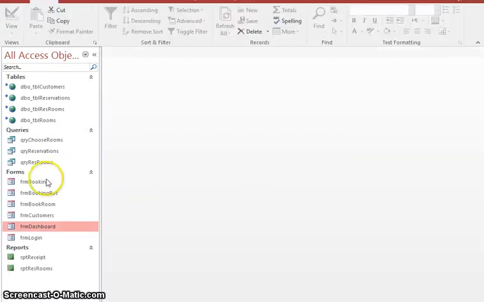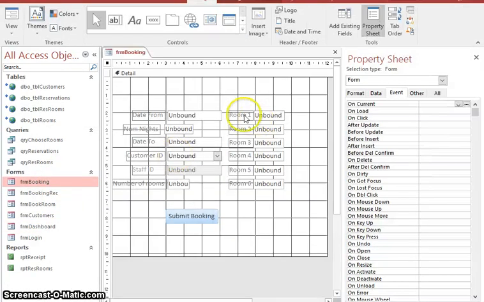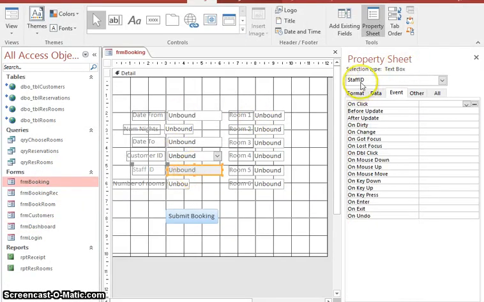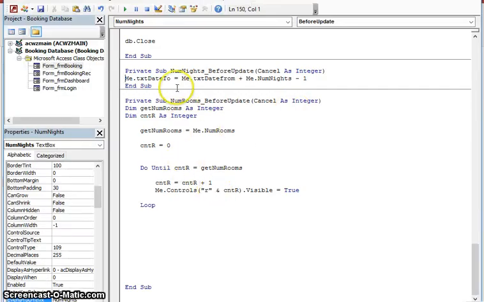that I have in the booking form. If I go to my booking form, you'll see the first one is staff ID. So this has been named staff ID, so that's how that carries that staff ID across to the booking form. And then I have a text box txt date from. I have a number of nights, and I have a little calculation after the number of nights, which basically takes